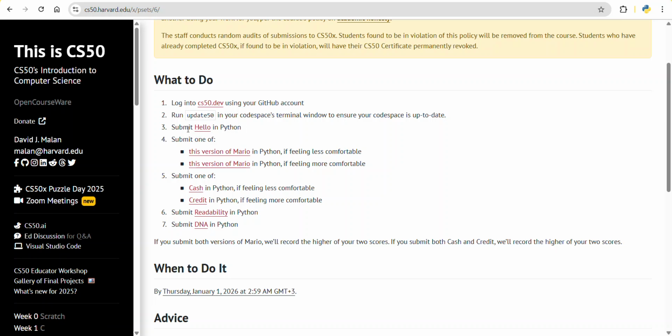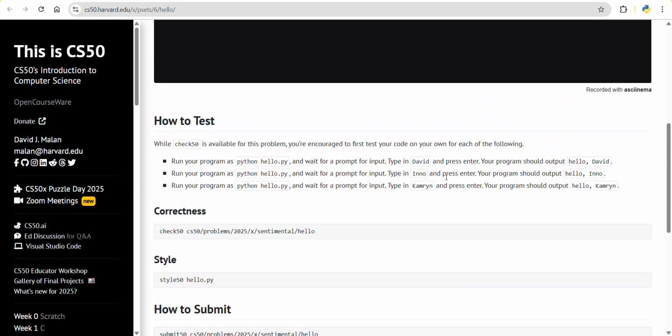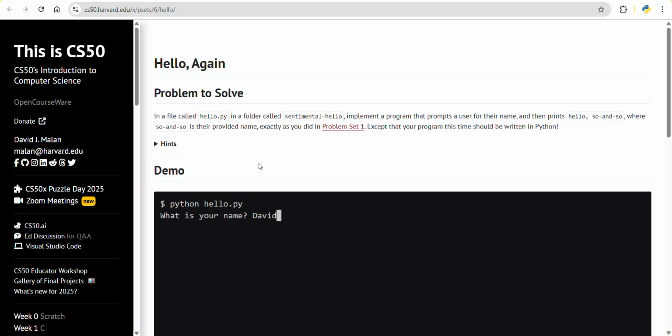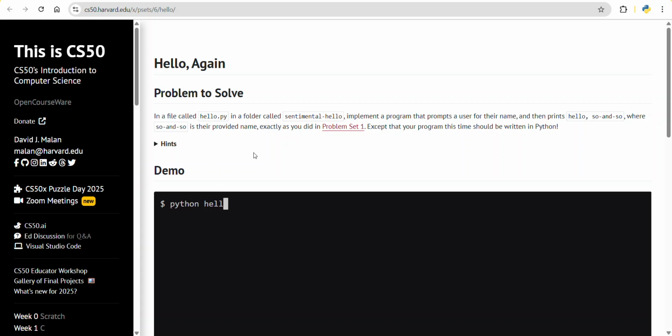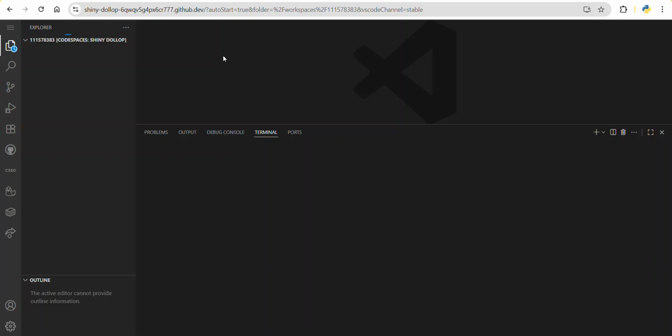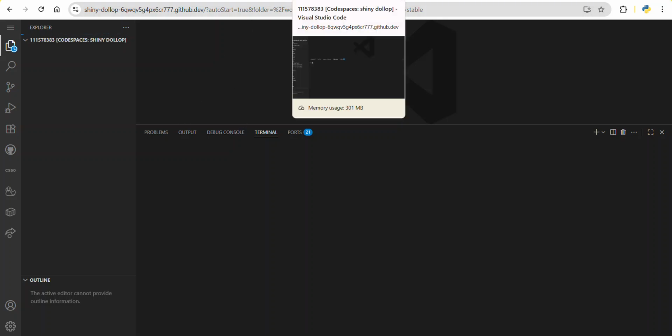So we have got this problem, submit hello in Python. Here are the instructions. The instruction says that in a file called hello.py, in a folder called sentimental-hello, implement a program that prompts a user for their name and prints hello, so-and-so, exactly as you did in problem set 1, except that the program this time round is written in Python. Now, to implement that, first of all,